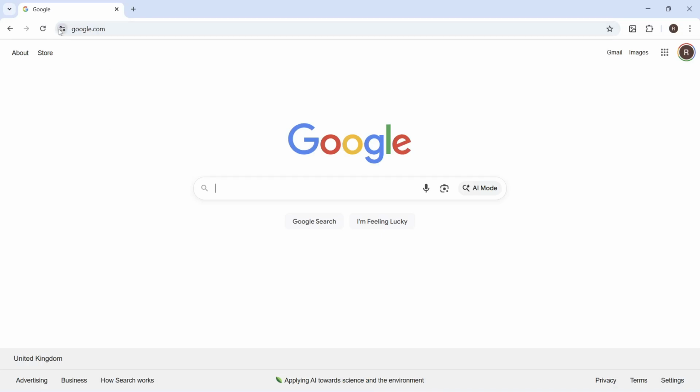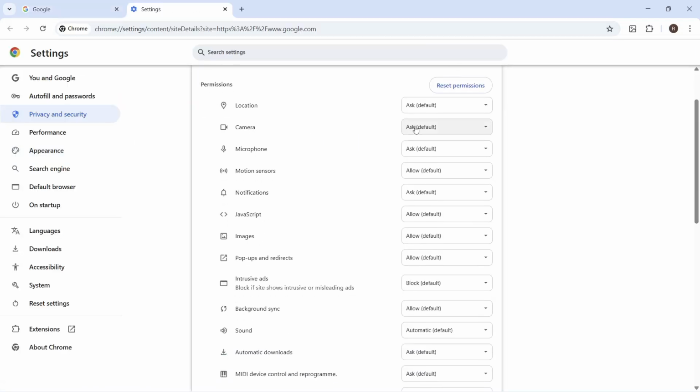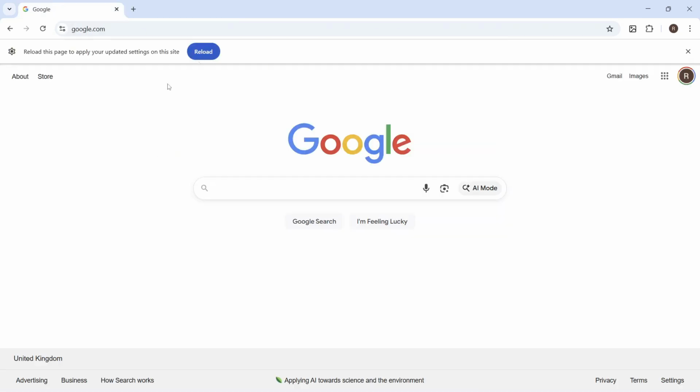You then need to click on this icon in the address bar, click on site settings, scroll down to camera and click on the drop down arrow. Make sure this is set to allow, and you also want to do the same for microphone as well. Make sure they're both set to allow. Now once you've done that, you can click on this reload button here and you can check to see if